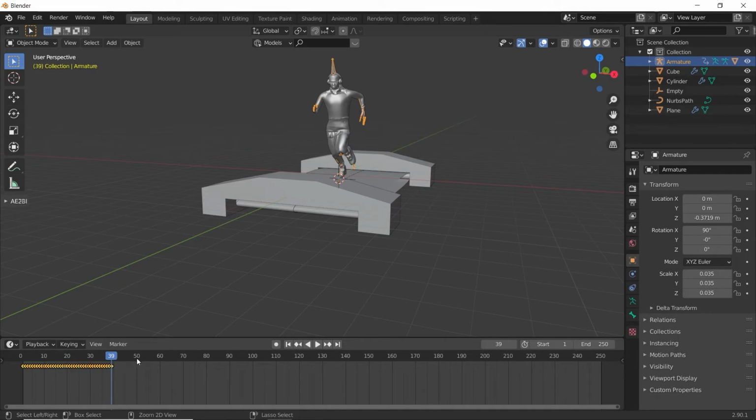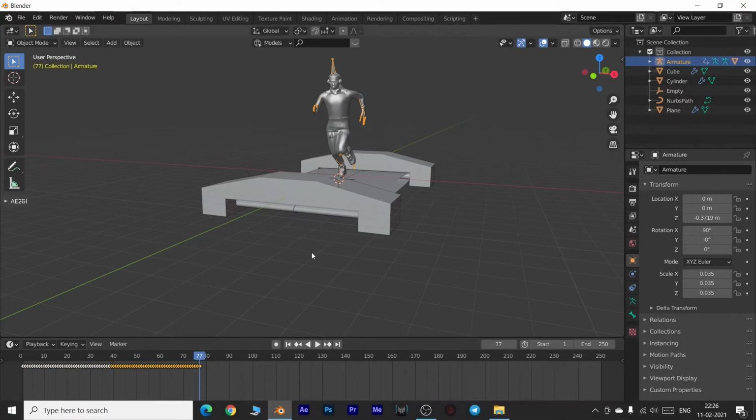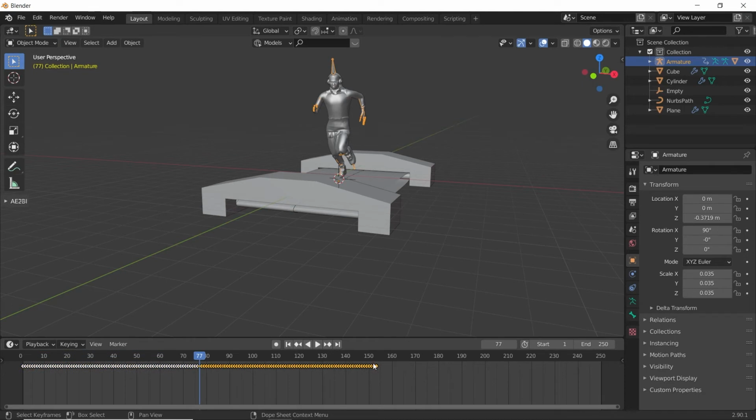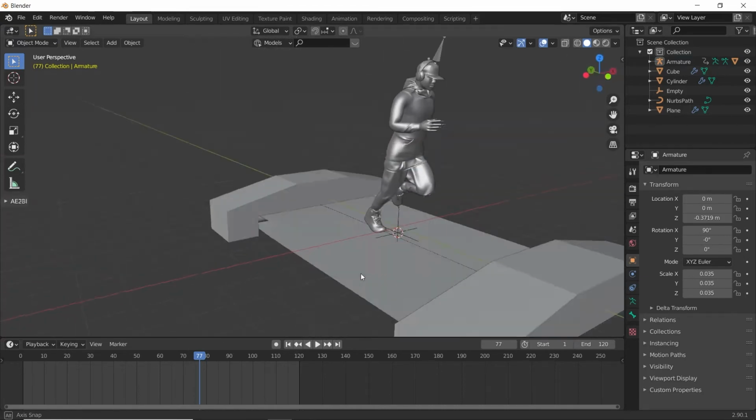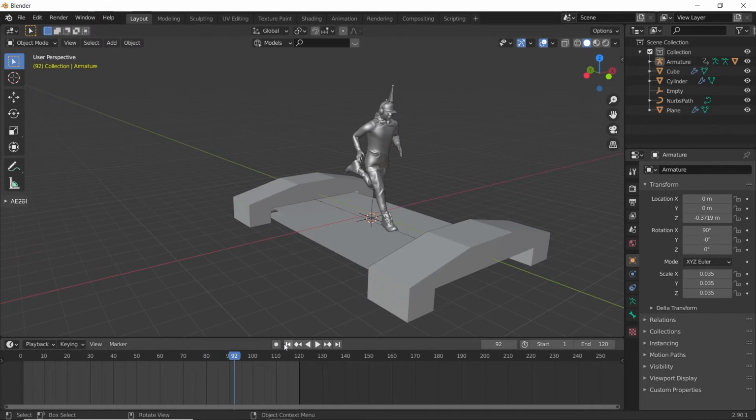Select all, copy it and paste it. Okay, let's end it at 120. Now let's play the animation. Okay, this is nice.